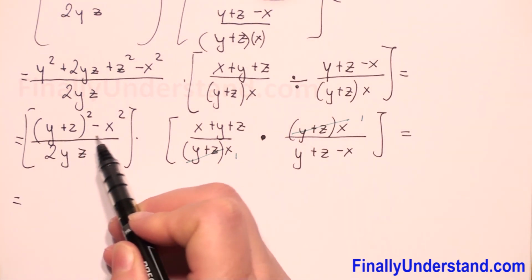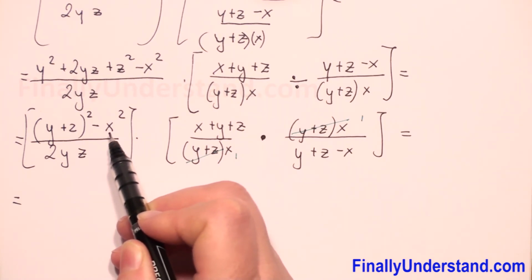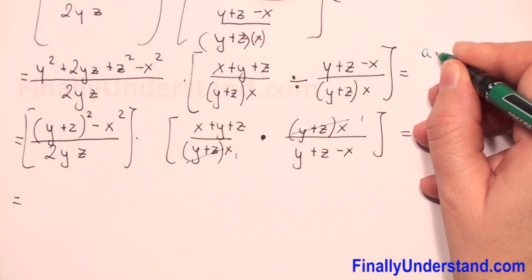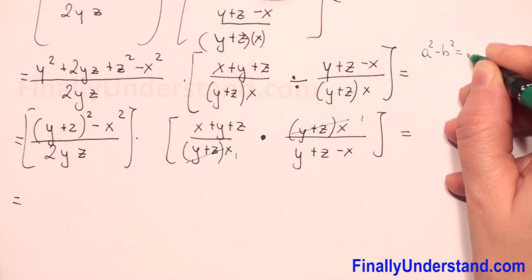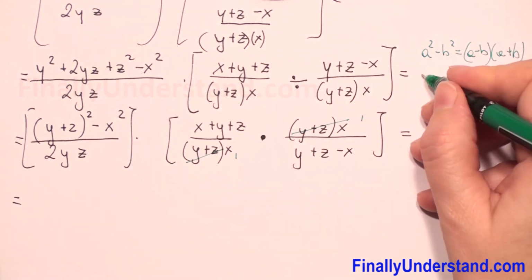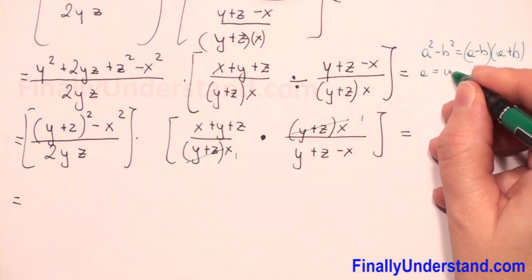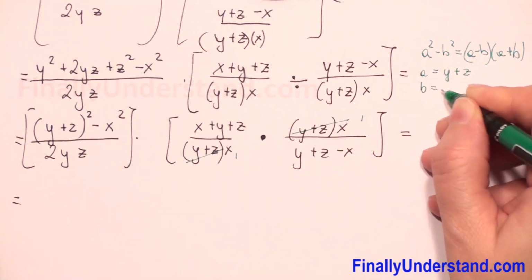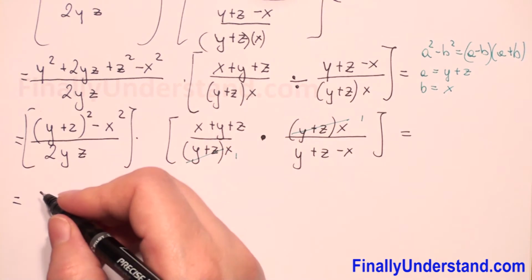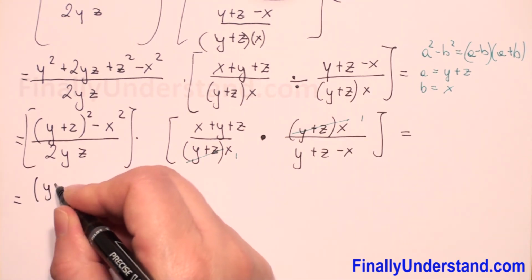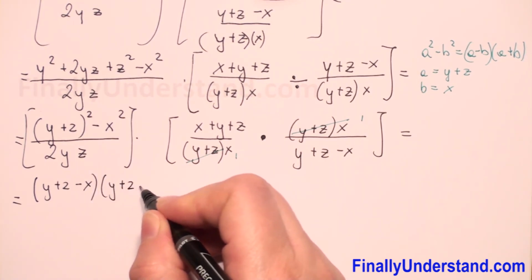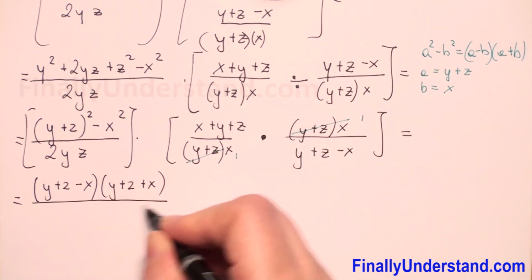So now we have here difference of two perfect squares. Let me remind you the formula. When we have a squared minus b squared, this is a minus b times a plus b. And a in this example is equal to y plus z, b is equal to x. So now we can use this formula and we will have y plus z minus x times y plus z plus x over 2yz,